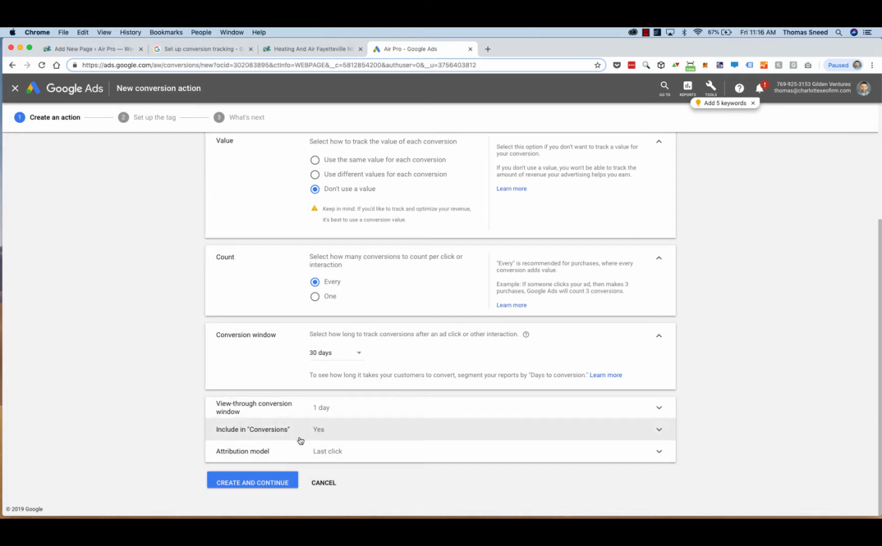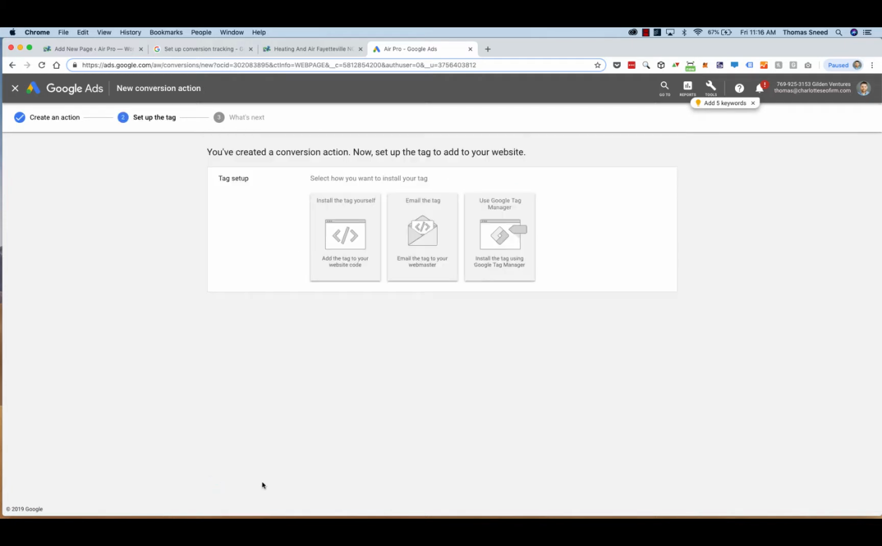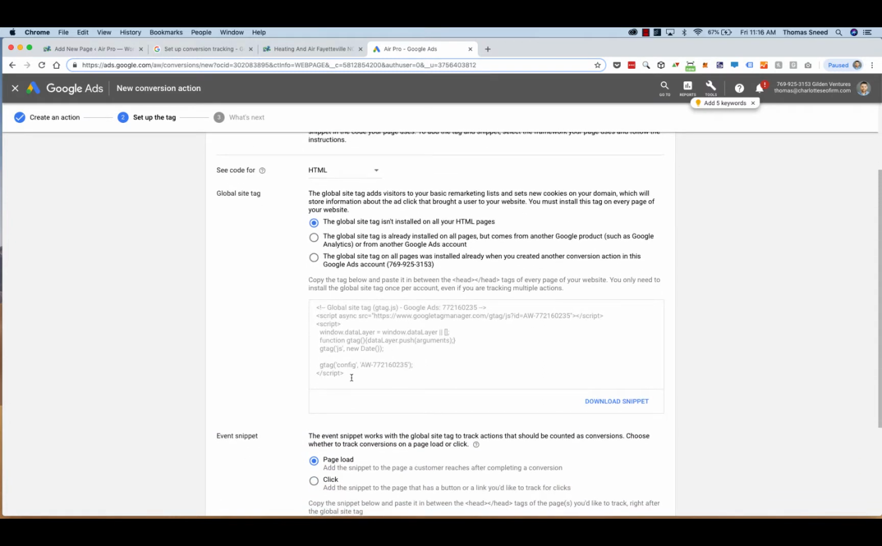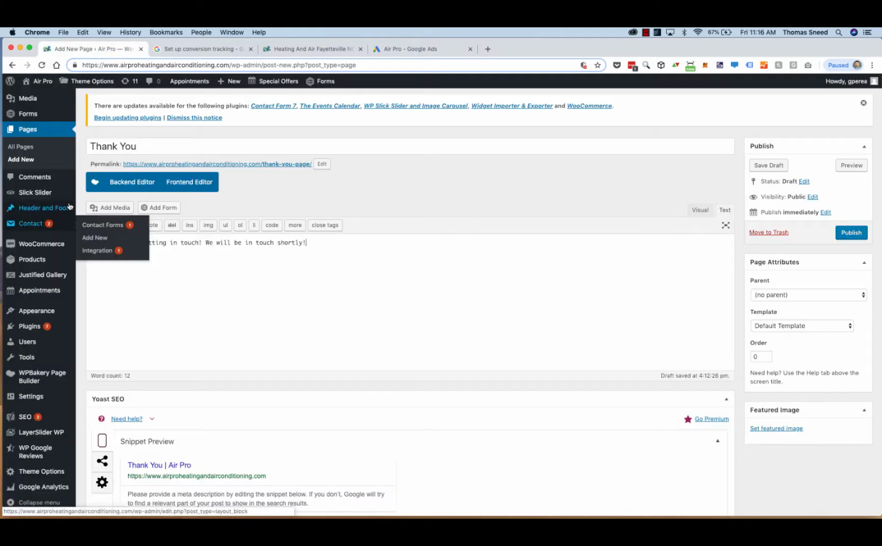And we want it to also be included in conversions. Just click on create and continue. The next step is setting up the tag. You're going to install the tag, and it's going to give you this HTML code. What you're going to do is grab this piece of code, which needs to go in between the header tag on your site. So you go back to the website,